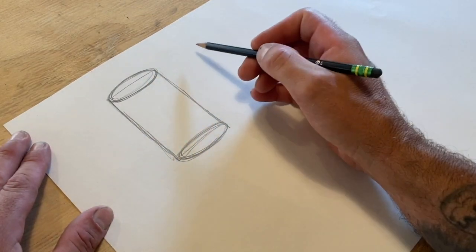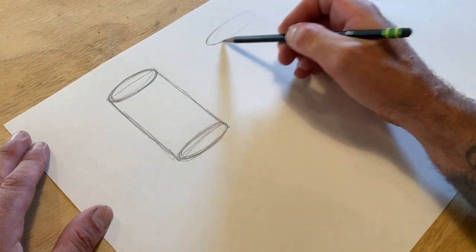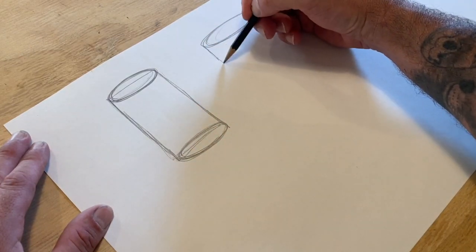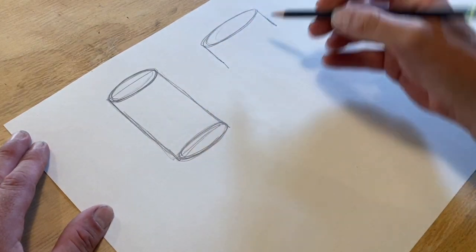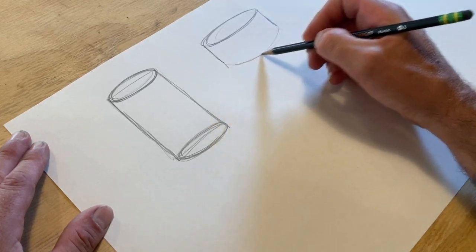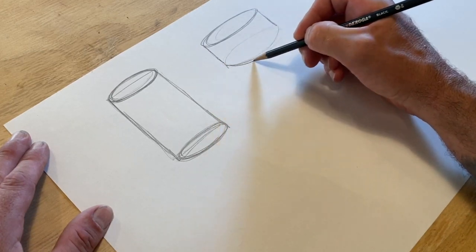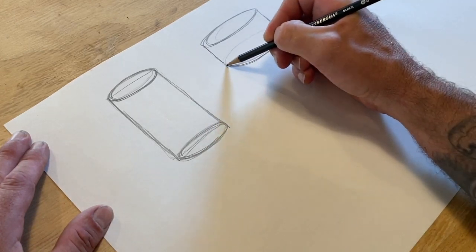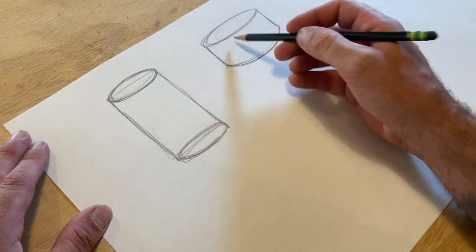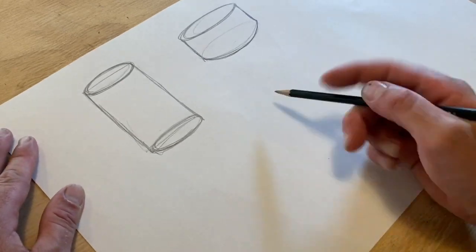Okay, we can use the same technique. I'm going to actually start just with the ellipse now to draw cylinders that are a different shape. This one being shorter. Okay. This is the ellipse. I'm going to emphasize the front side of the ellipse. Okay, so here we have a soda can shape, here maybe a tuna can shape, and we also can get